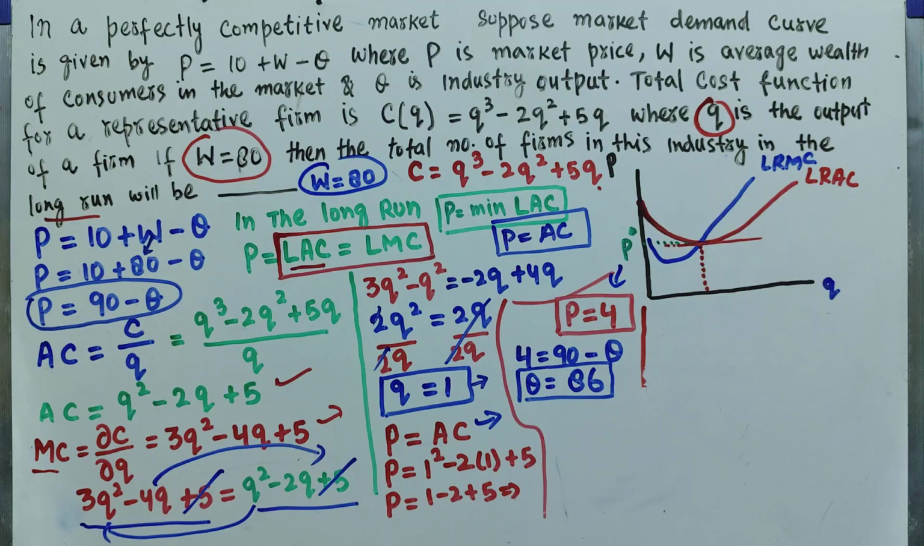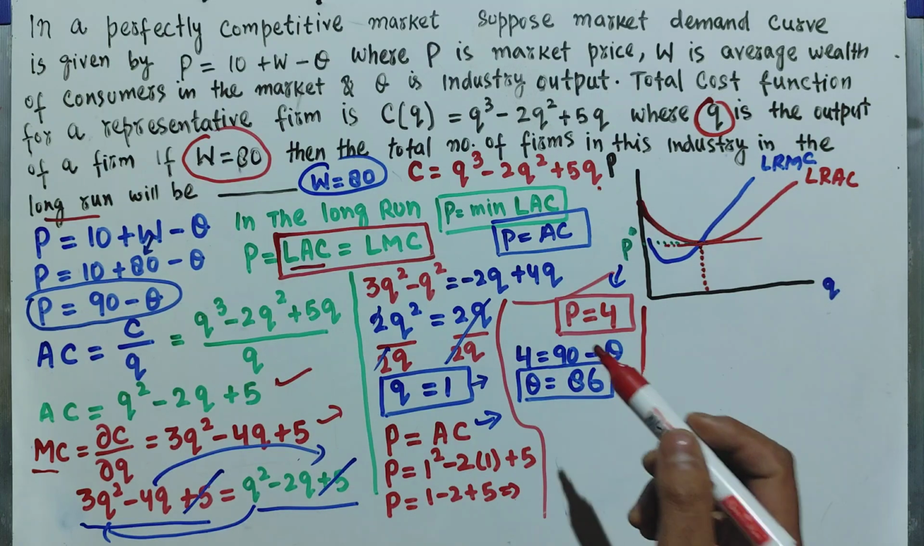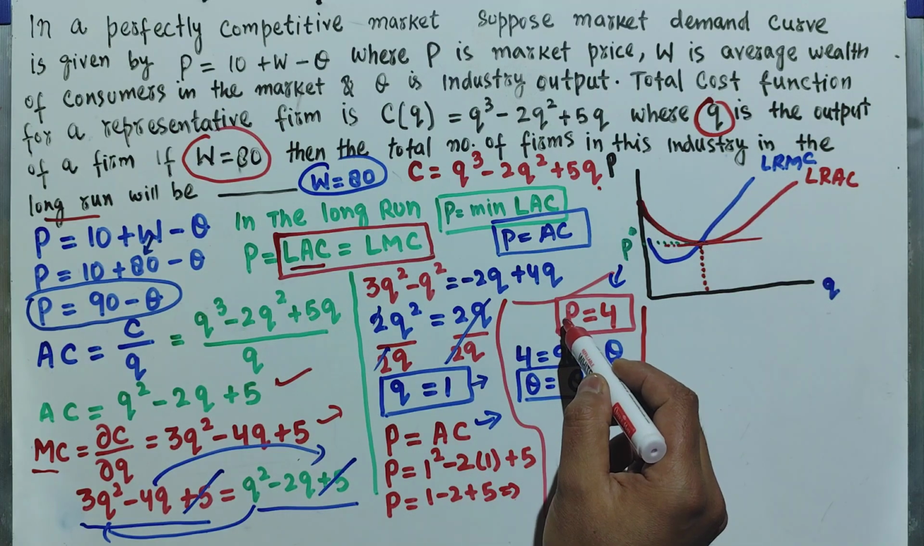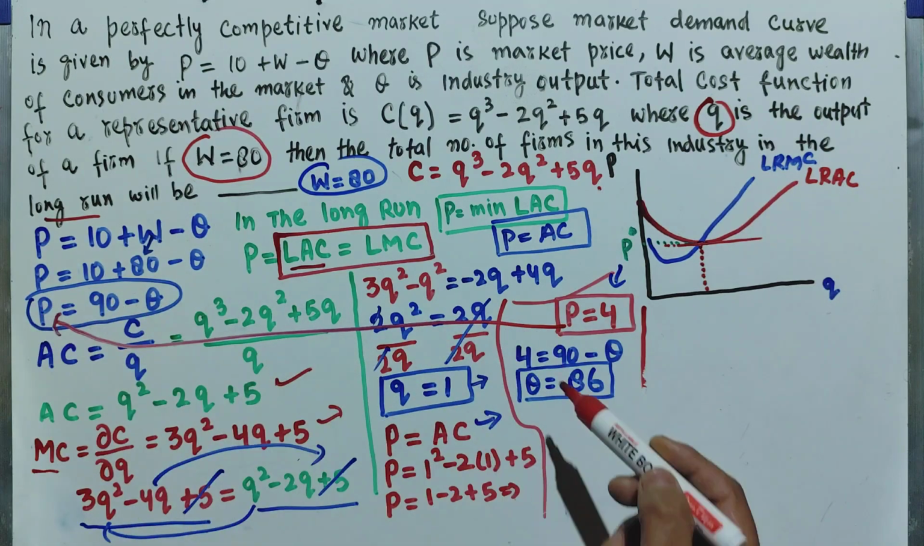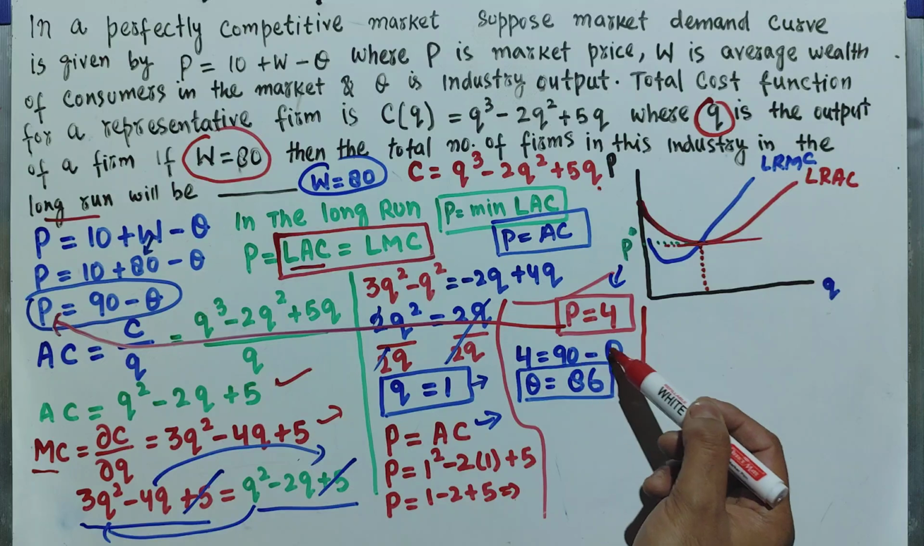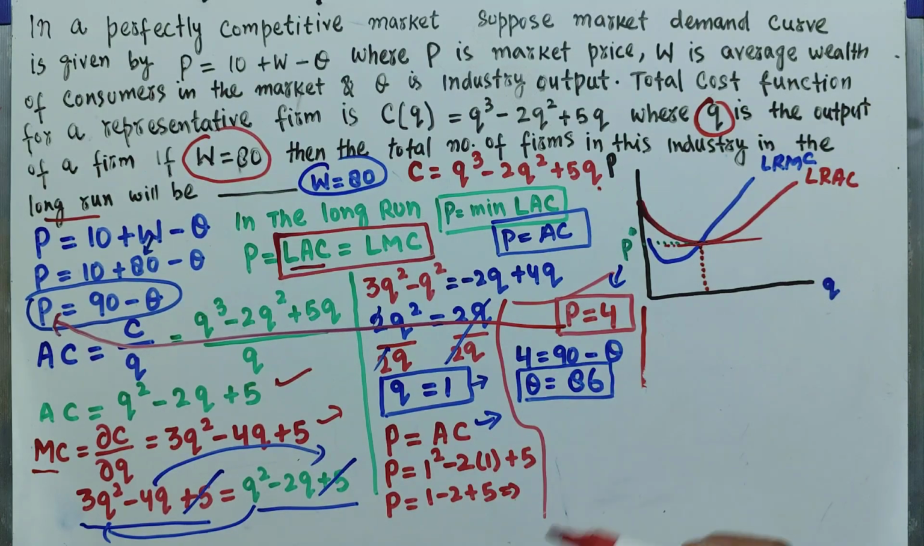Next we need to find out the industry output. Simply we plug P is equal to 4 in this inverse demand function, so in place of P we write 4 is equal to 90 minus Q, so Q will be equal to 86. That means total output in this industry will be equal to 86. Now